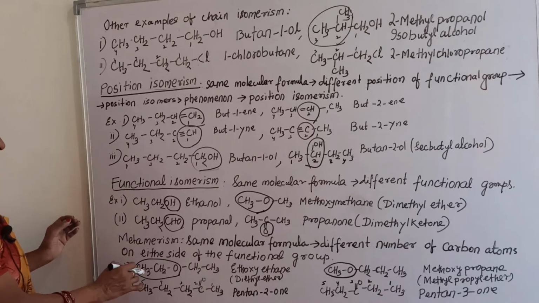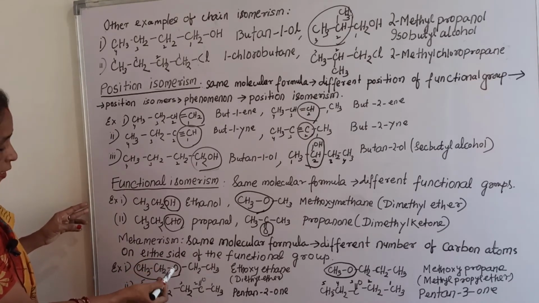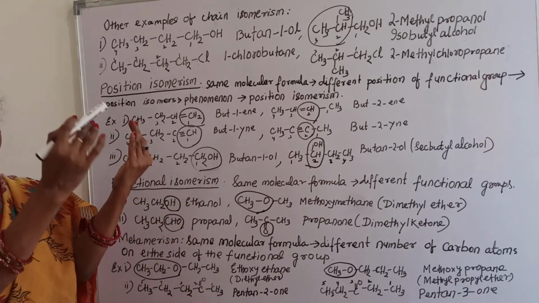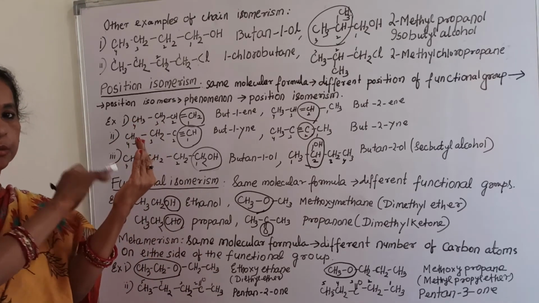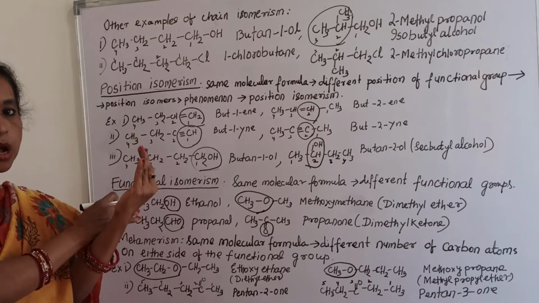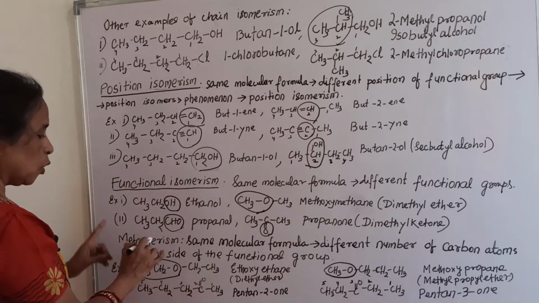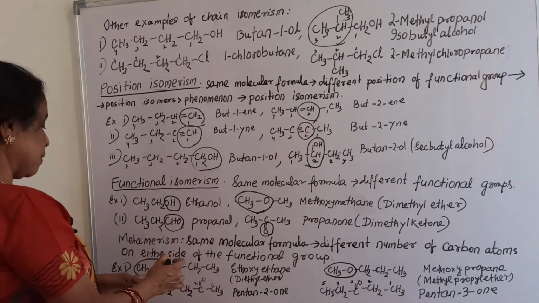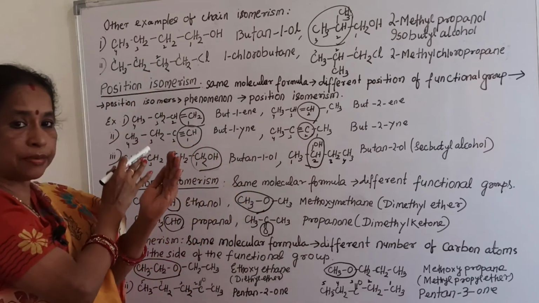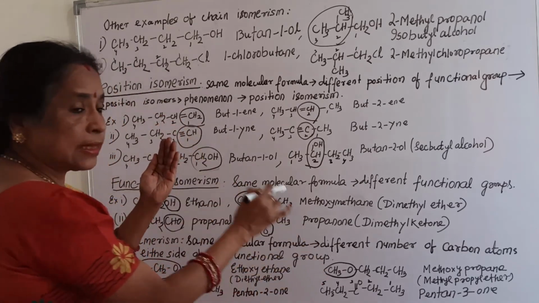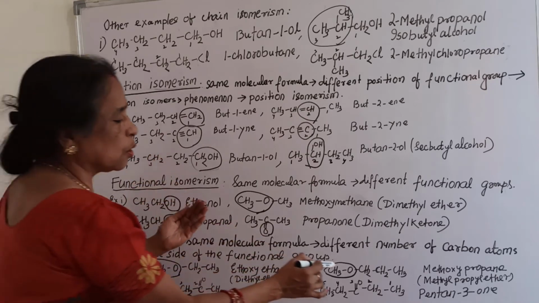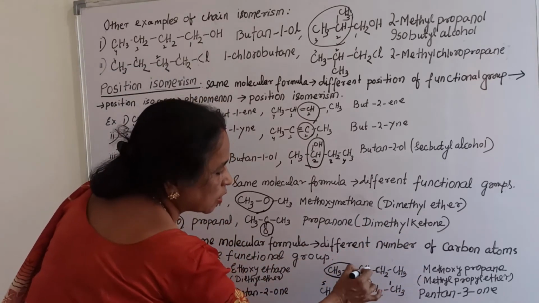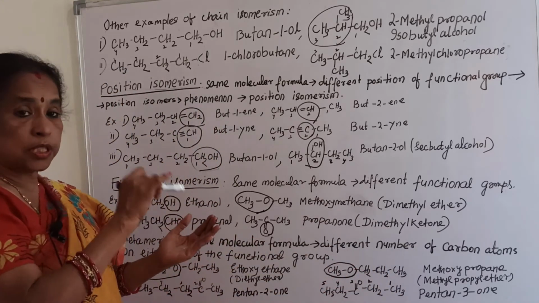Example 1: let us see here, ethyl group on this side and ethyl group on that side. That means O in the middle, right side ethyl group, left side ethyl group. Right side 2 carbons, left side also 2 carbons. The name is ethoxyethane. And what is its metamer? On the left side only a methyl group and on the right side 3 carbon atoms, a propyl group. So the IUPAC name is methoxypropane, because it is the long chain of 3 carbons.